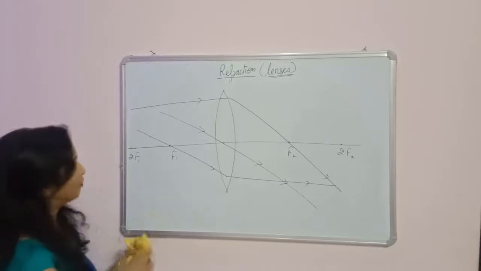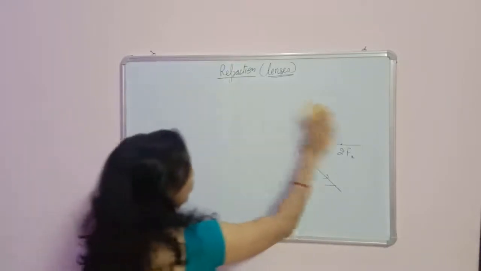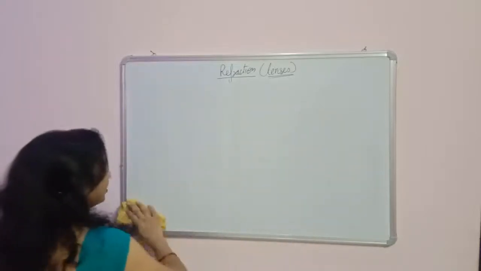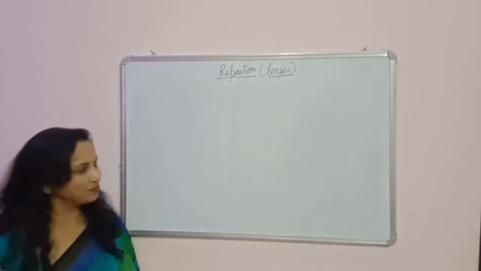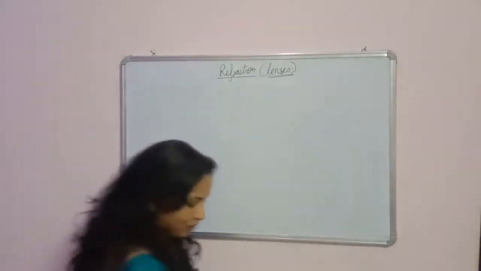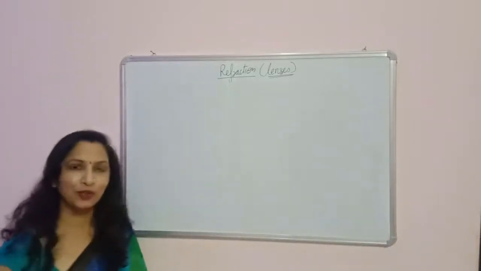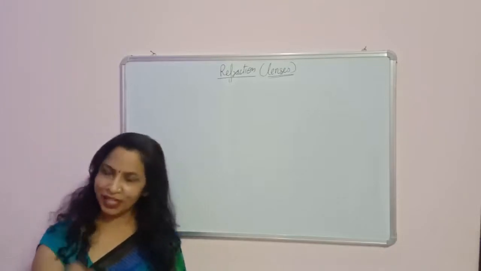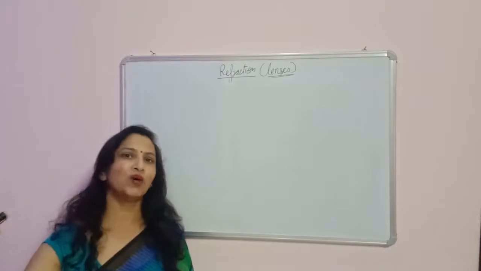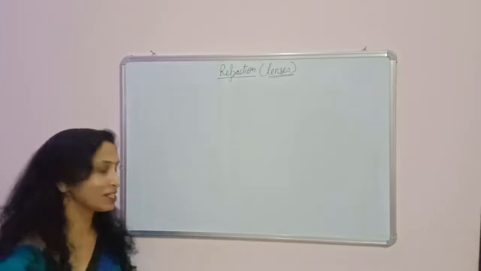So okay, I am going to rub this one now. Now we will study how we can obtain the image by using the convex lens. In case of a convex lens, we have 6 conditions, like in the concave mirror. Okay, so first, write the heading in your notebook: Image formation by convex lens. Write the heading, image formation by convex lens. So I am taking 6 conditions for image formation by convex lens.